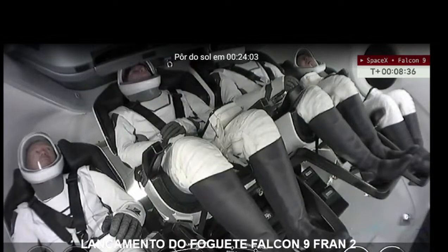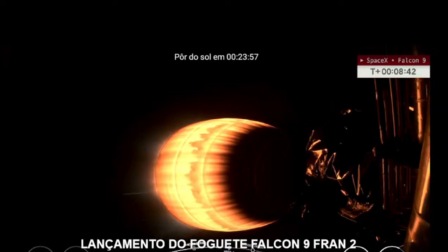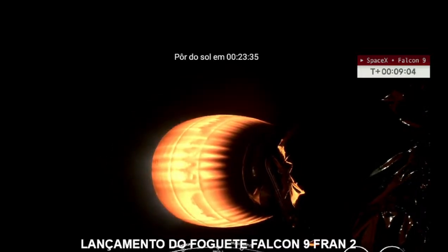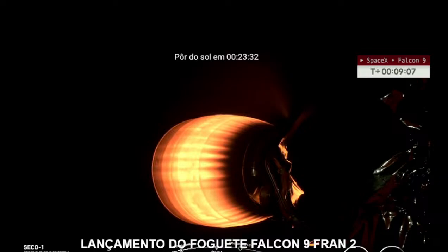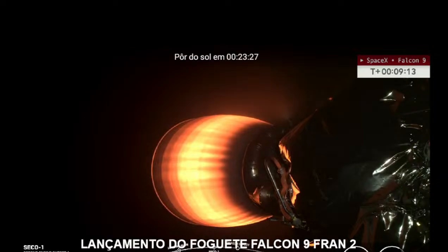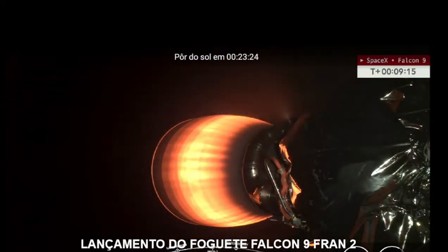That call for stage 2 on internal guidance there, or terminal guidance, excuse me. They're approaching the conclusion of the upper stage burn. Second stage engine cutoff is coming up here in just about 10 seconds. MVAC shutdown. With a confirmation of MVAC shutdown, we are now less than a minute away from the point at which the